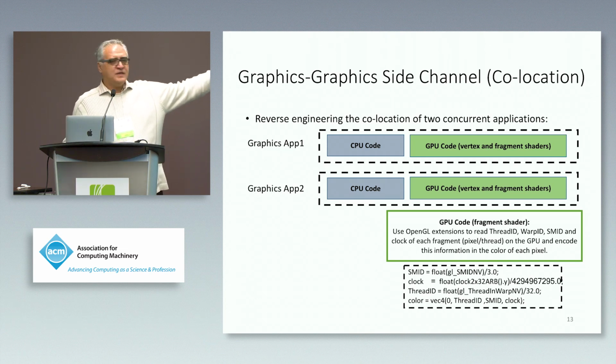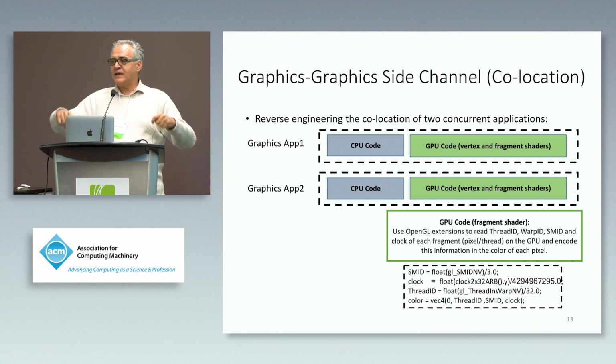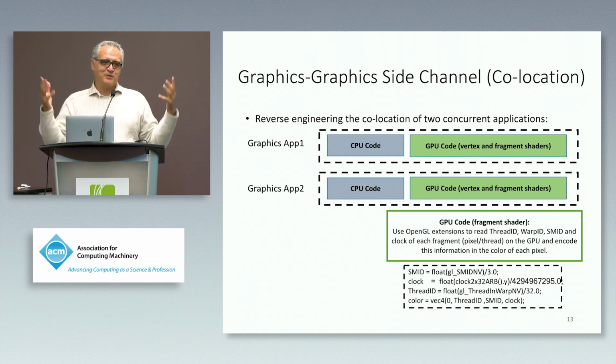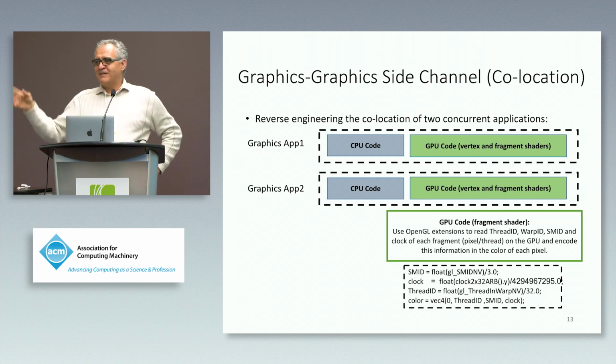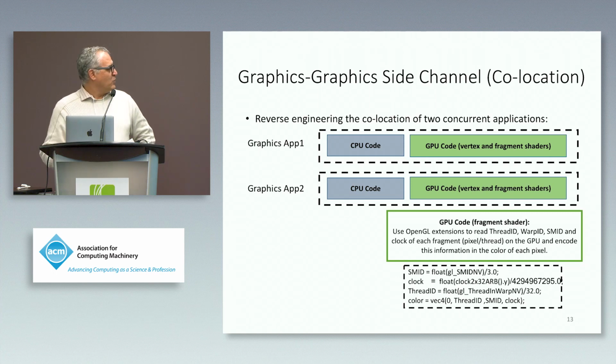we get both of these codes to run, and extract information about where they are running. So you can get hardware information: which SM you're running on, what is your thread number, what is your warp ID. But the problem is there's no way to output these values back. So we had to encode them in the pixels of the image that we drew. So we encode the output in the image, dump it back, and then read the values of the pixels,